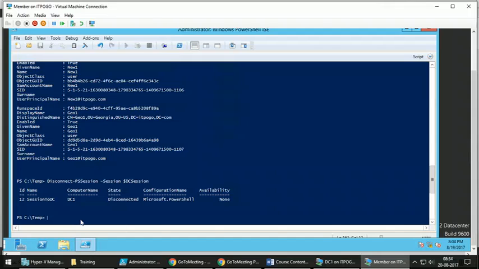So the resources are consumed from the local machine for the invoke method and on the remote machine in case of PS session? No, it is vice versa. See, when you are using invoke command, it is consuming the resources from the target machine. So within the invoke command script block, if you are putting 10,000 commands, those 10,000 commands are hitting the target machine. It is consuming the resources from the target machine or the remote machine. But when you are using import PS session and running commands after importing the PS session, it is consuming resources from your local machine.